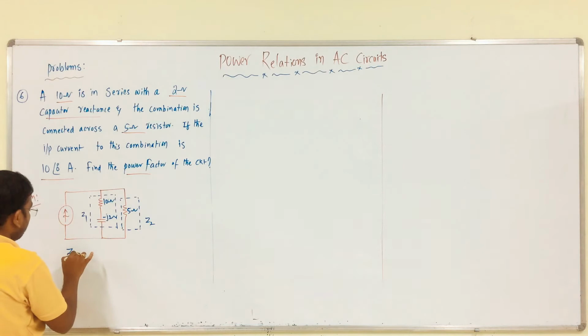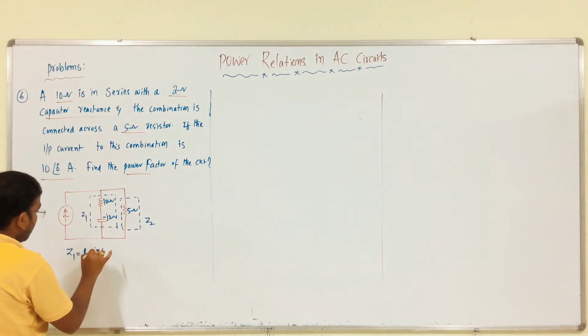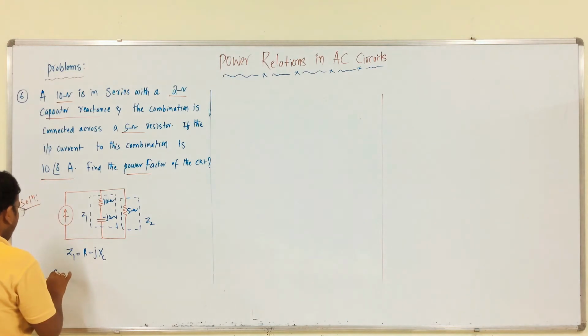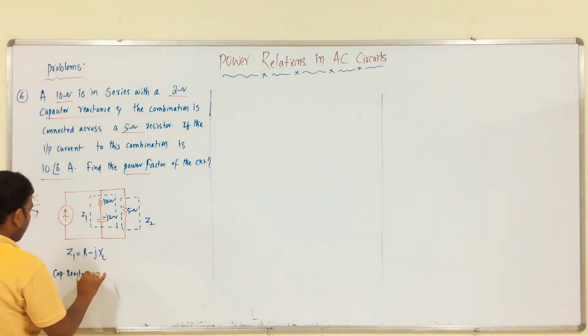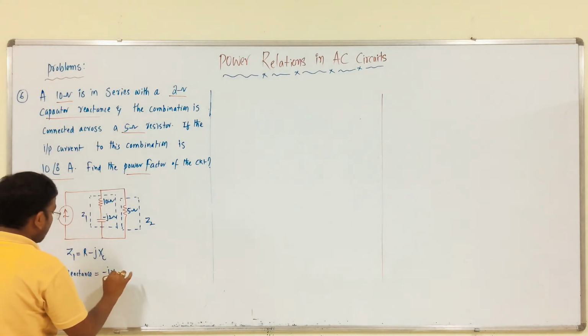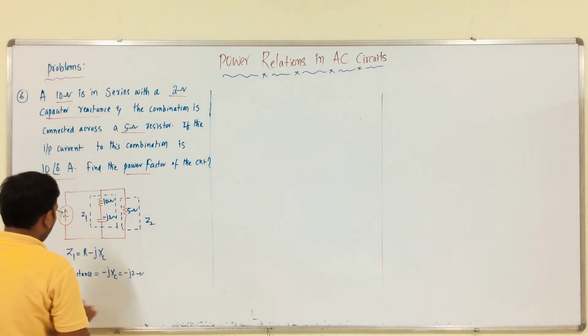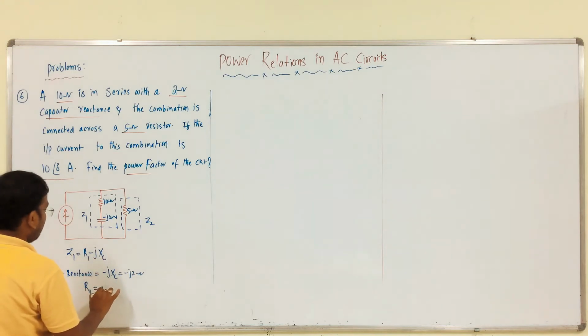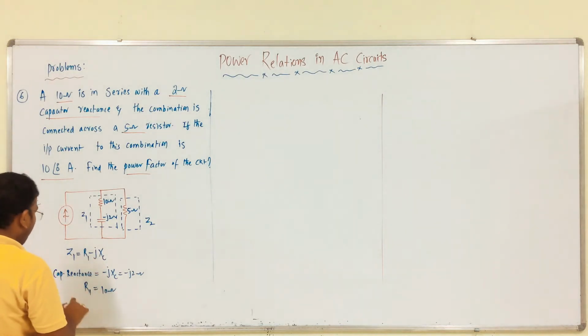So Z1 is R minus jXc, which is minus j2 ohm, and R1 is 10 ohm. Like that, Z2 is equal to